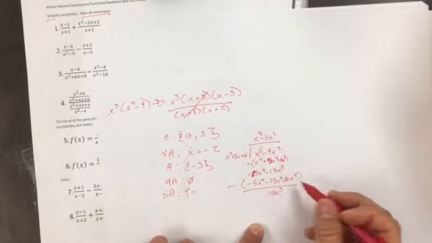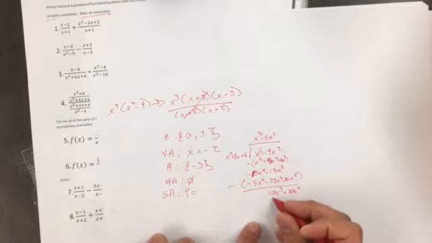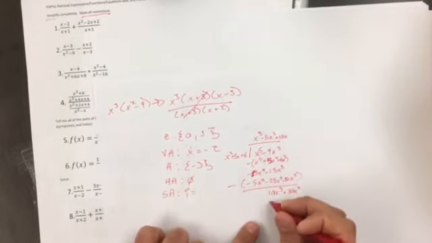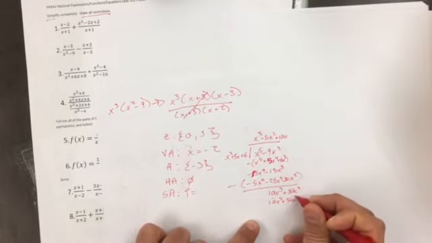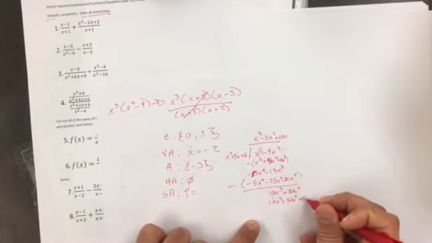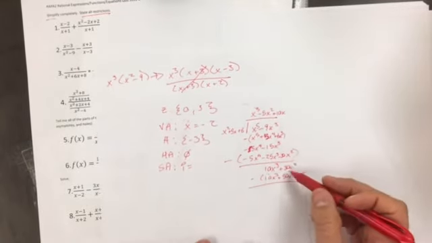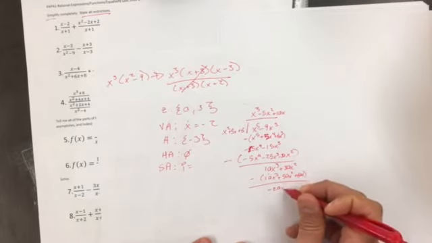Nothing minus negative 30x squared is going to give me plus 30x squared. Divide this by this, gives me 10x. Distribute that, 10x cubed plus 50x squared plus 60x. Put it in parentheses to make sure I subtract it. Those cancel out. 30 minus 50 is negative 20x squared